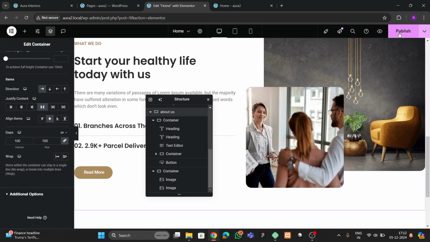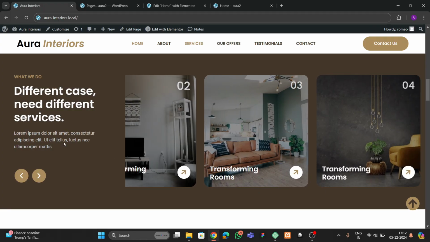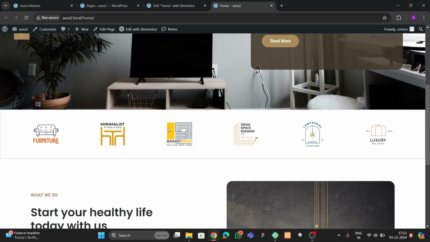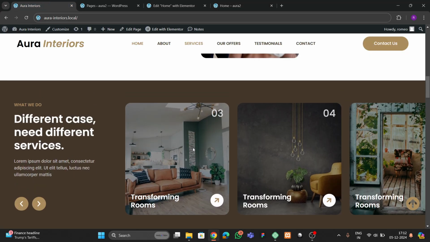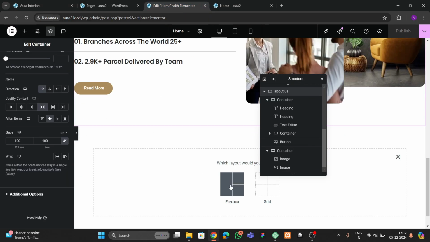Okay, so let me publish this. Okay, so now let's move to the next section where we have to make this. So let me refresh this here and show you the changes. So you can see that we have this, which is perfectly working. Now we have to make this slider. So for making this slider, what we can do, we can go to this flex box, and we can choose